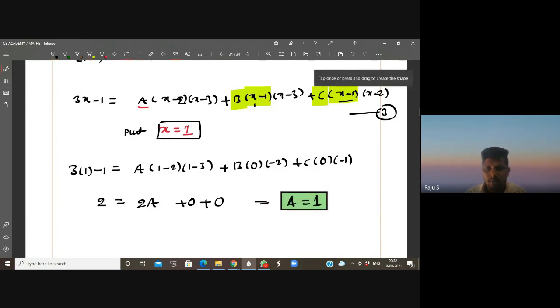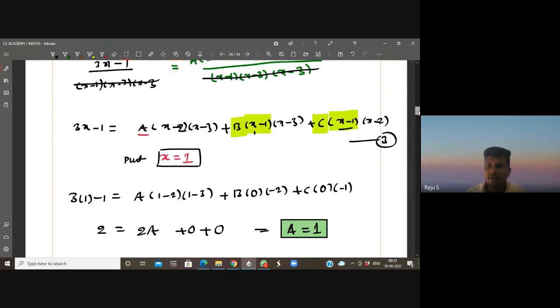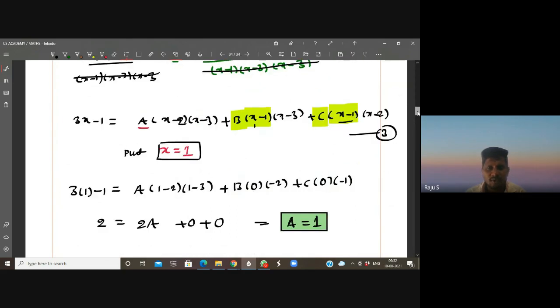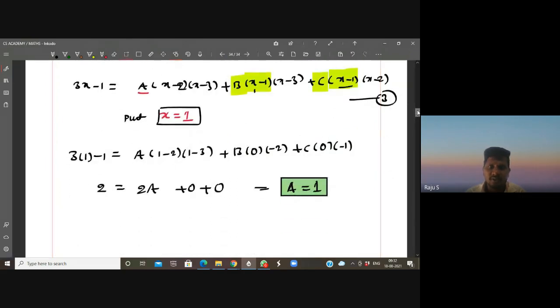Okay, you may approach here also. You can multiply these two, multiply these two, multiply these two. You'll get the x square coefficient, x coefficient, and constant. Comparing on both sides, you can solve the equation. Instead of that,